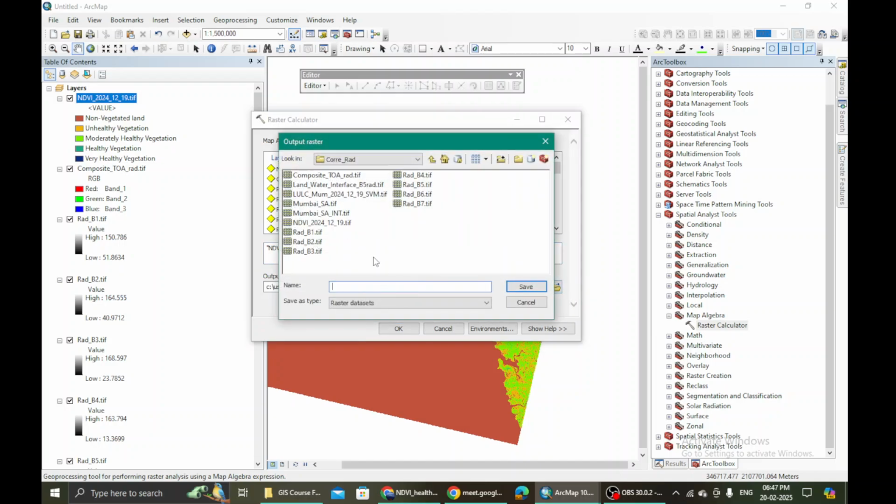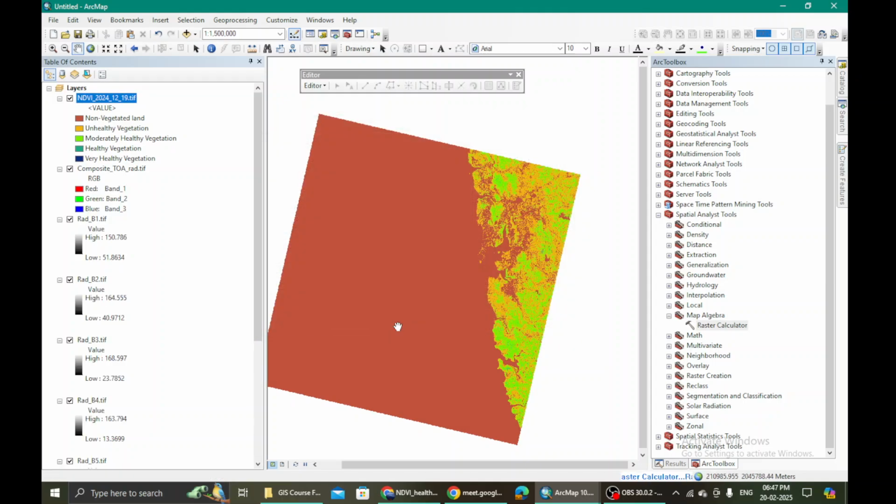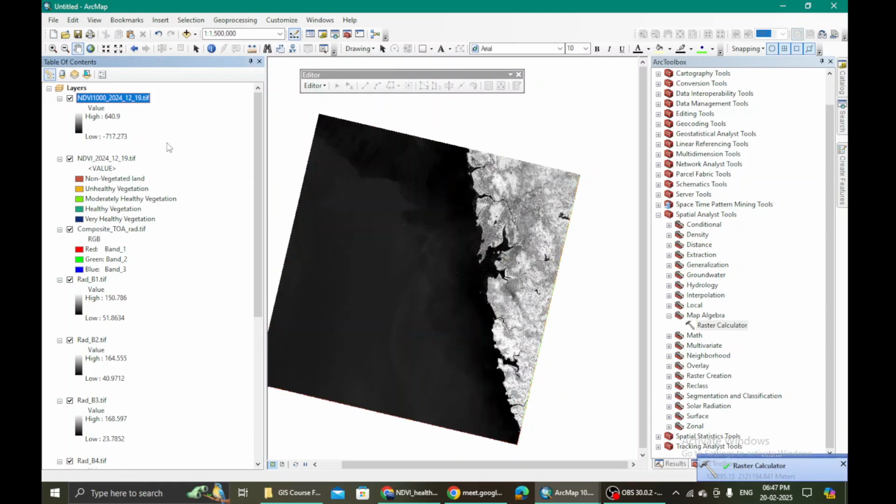Right now I will just call it NDVI, and I am multiplying it by 1000. So I will remember that this is my NDVI which has been multiplied by 1000, and I save this. You will understand why I am doing this. These are some small tricks that we have to do, because often the raster data is in decimal. If it is in decimal, we won't be able to utilize it. That is the problem with it.